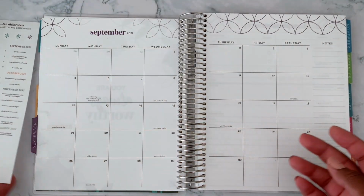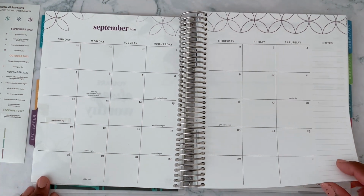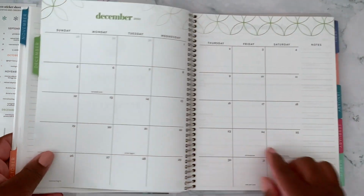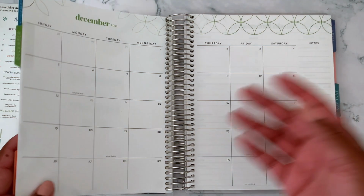I know that there's other companies that will do that as well, where you could just leave this sheet blank, or even have your own holiday stickers made. Because although I love Christmas, it's one of my favorite holidays, there's someone out there who doesn't celebrate Christmas, who doesn't need that there, who might not care to have it there, or they want the option for where